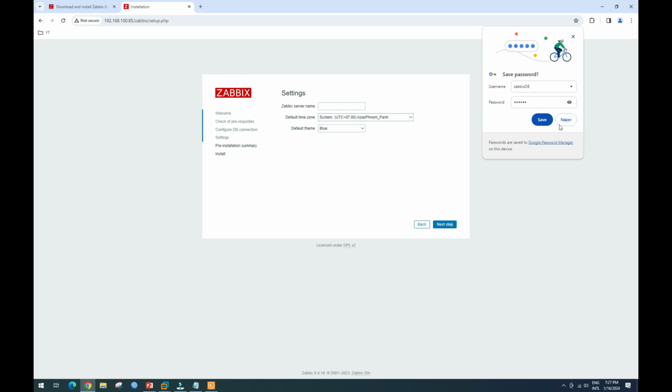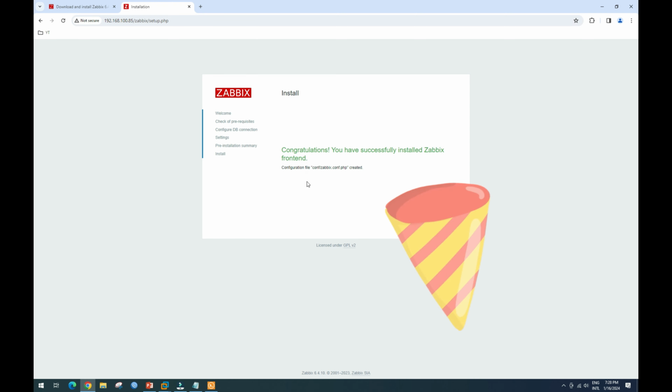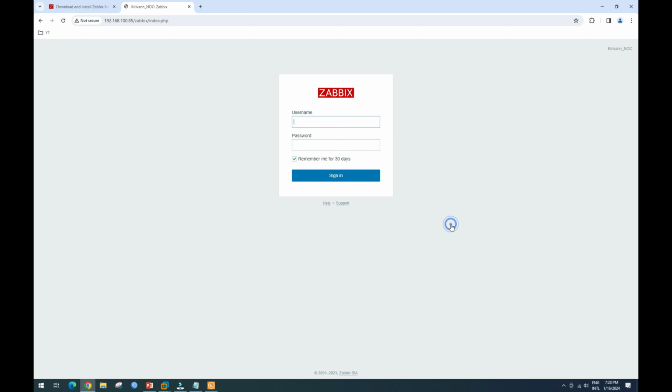Okay, so in here Zabbix server name, you can put whatever name that you prefer. Okay, so maybe I prefer this one. This you can modify later on, and this is our time zone, Asia, Phnom Penh. Next. Okay, verify everything again, and then next, install successfully. Okay, so now we become to the final installation, and we success for this server, Zabbix server installation. We click on finish to complete our